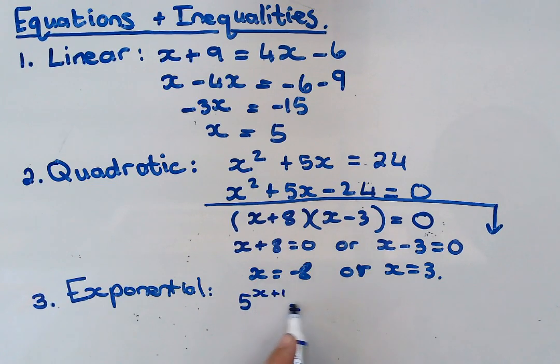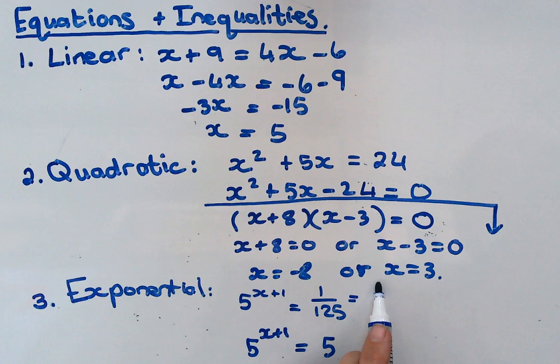x plus 1 is equal to 1 over 125. The aim here with an exponential equation, this is when the x lies in the exponent, the aim is to try and get the bases the same, so that this is 5 to the power of something and this is also 5 to the power of something, right? When I have the bases the same, then I just make the exponents equal and then I can solve the x. So let's quickly look at this 125. If you press shift fact on your calculator or do the prime factor ladder, either one is fine, it is 5 to the power of 3.